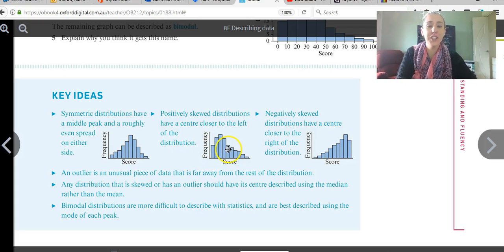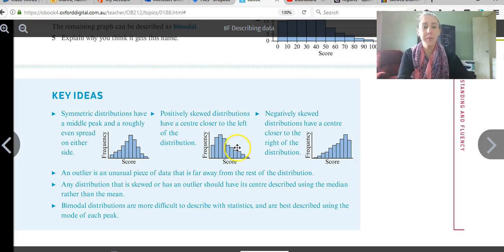But what it actually is, you're talking about the tail. So if you think about it, this tail moving towards where the score is higher is going to skew it positively,